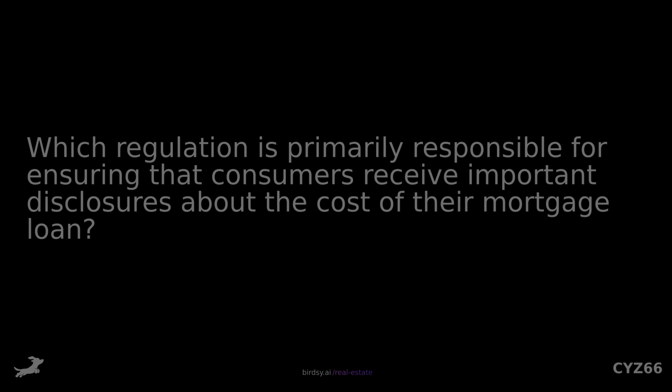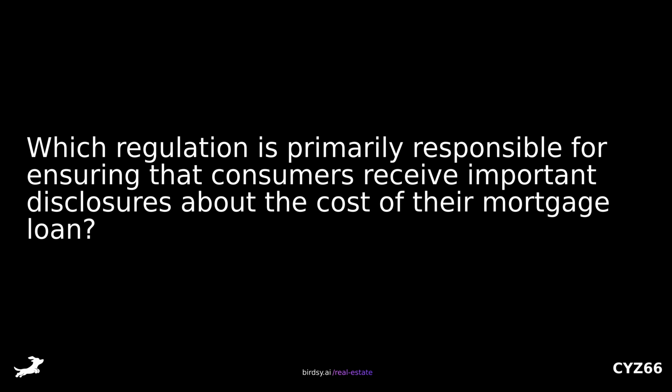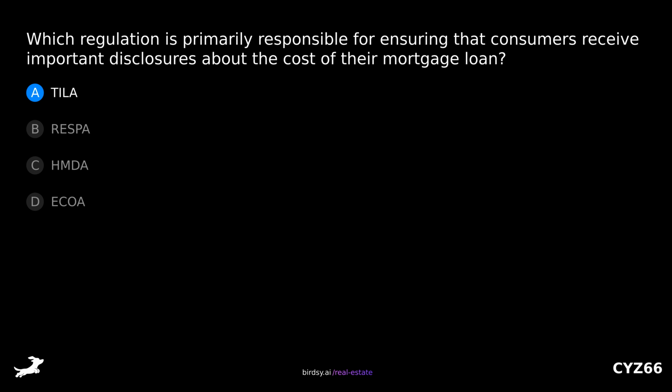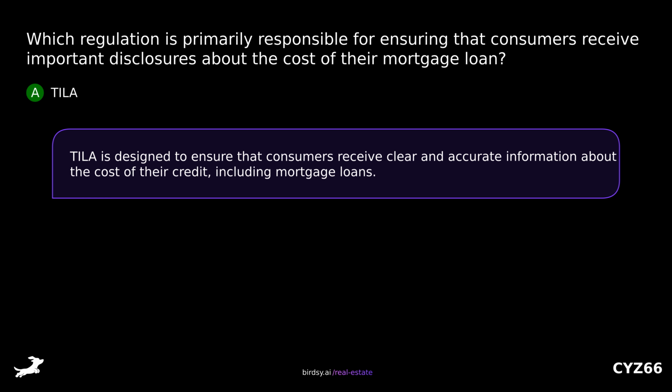closing. Which regulation is primarily responsible for ensuring that consumers receive important disclosures about the cost of their mortgage loan? Is it A, TILA, B, RESPA, C, HMDA, or D, ECOA? The answer is A, TILA. TILA is designed to ensure that consumers receive clear and accurate information about the cost of their credit, including mortgage